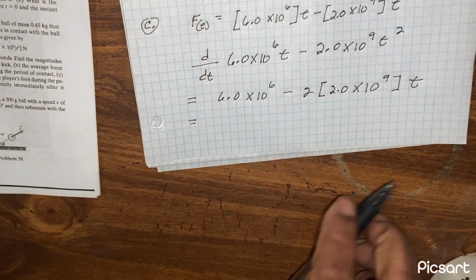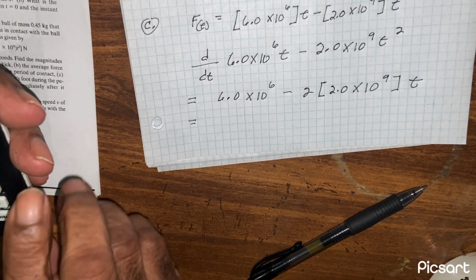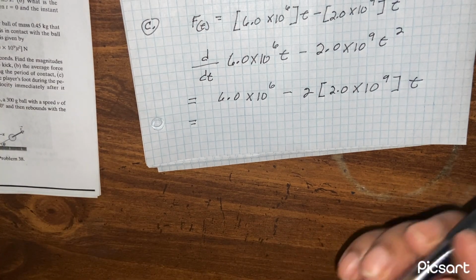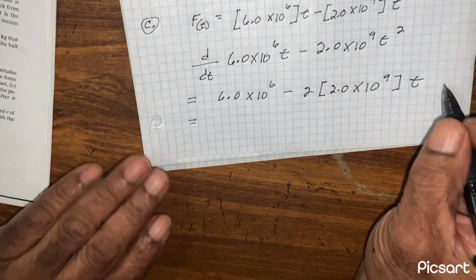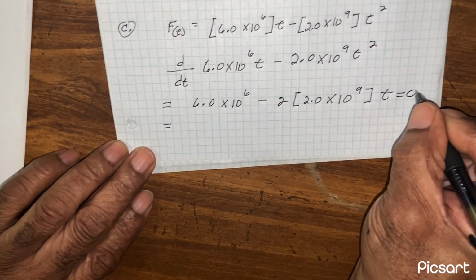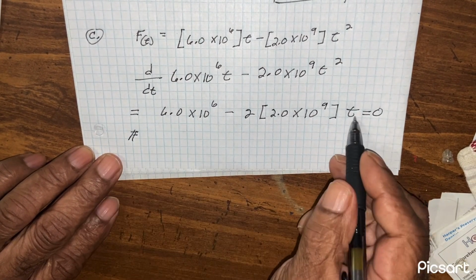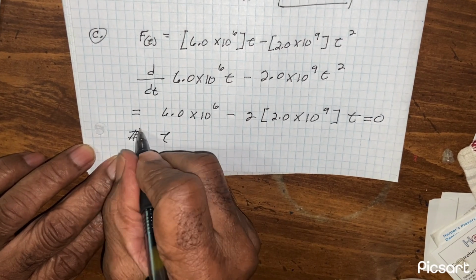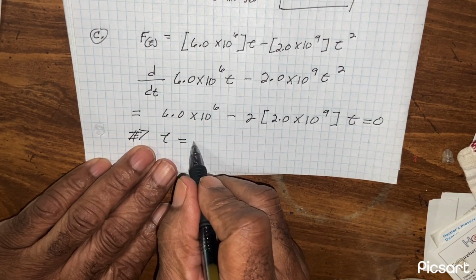So what do we have? We have to set this whole thing equal to 0. So we're going to have t, we can skip a few steps here. It's going to equal